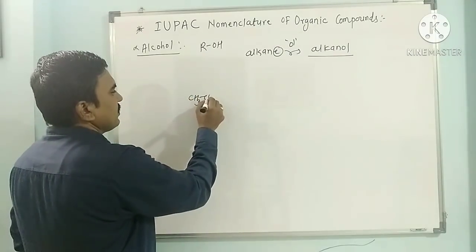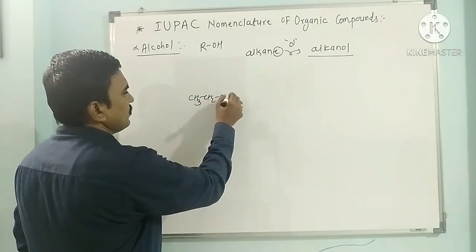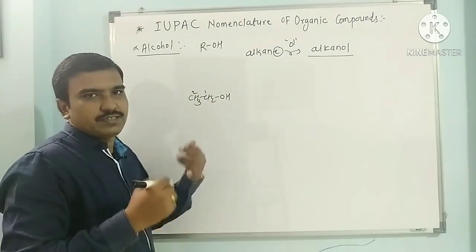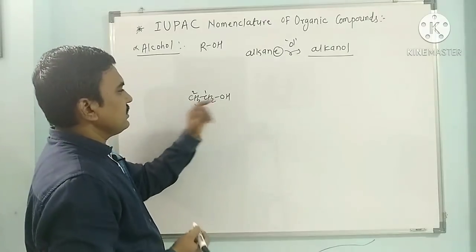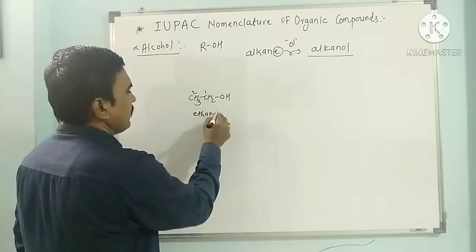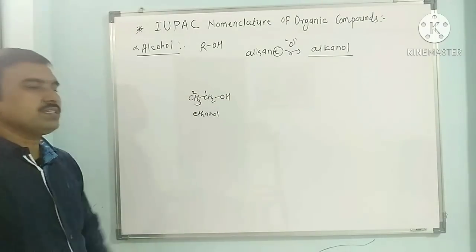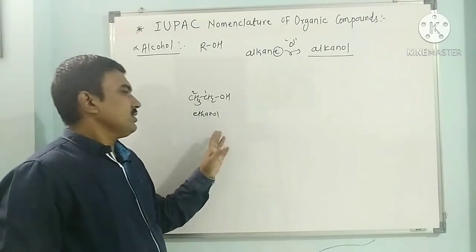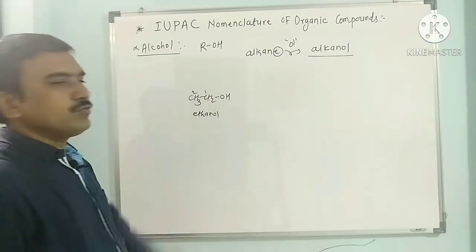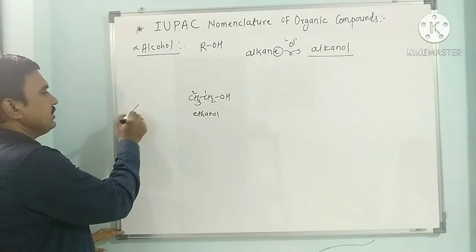CH3 CH2 OH. This is simple. 1, 2, 2 carbons are there. So 2 carbons means ethane, and here it is a hydroxy compound. So it is ethanol. Only 2 carbons are in ethanol, so there is no need to mention the position of the carbon where the OH group is attached. If we have